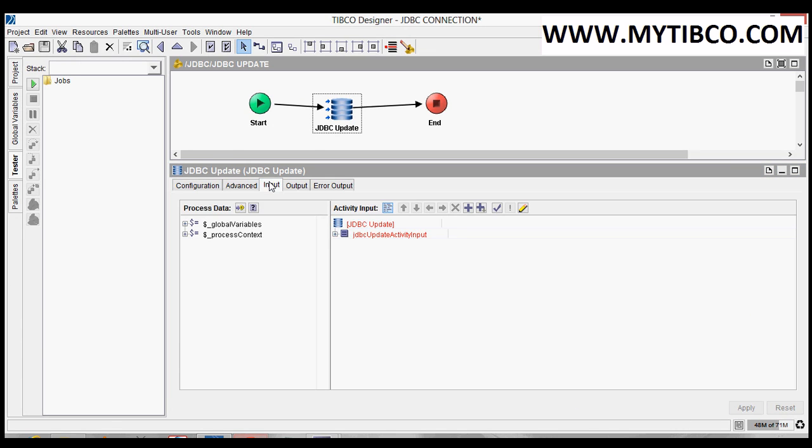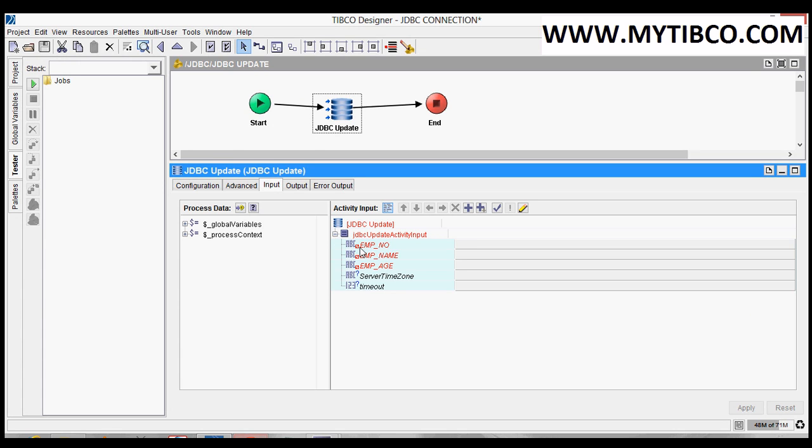Now see the input. Observe, we have 3 mandatory input parameters. Now I am giving values for all these 3. Employee number is 2, employee name B, employee age is 26. Click on apply.